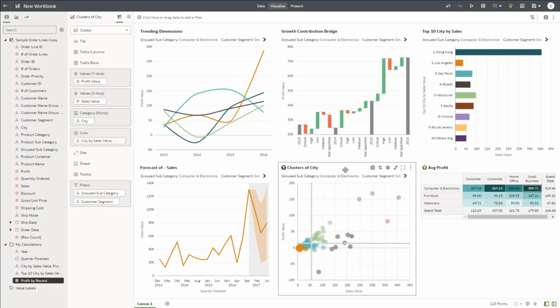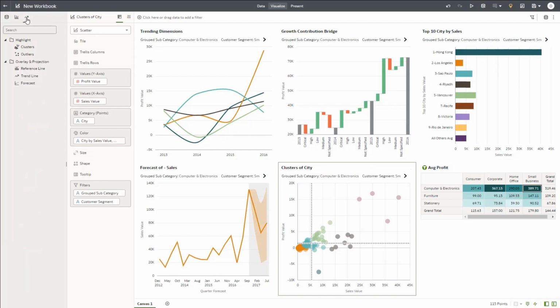Okay, the system has created a bunch of clusters. Now I would like to know how these clusters came along, and is there a way that I can codify this without having to write any code? So for this purpose, I'm going to select the advanced analytics option by clicking on the third tab, which is an arrow mark. And what I will do here is I have this cluster option. I will drag and drop the clusters into the shape area, right? So I can just drag and drop it here,